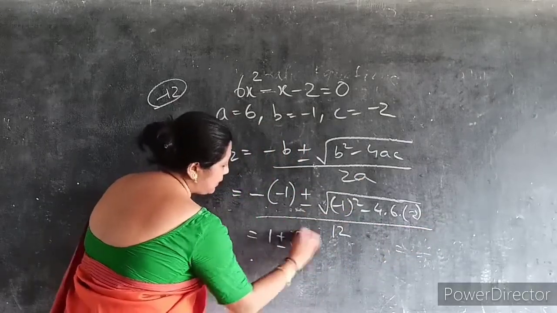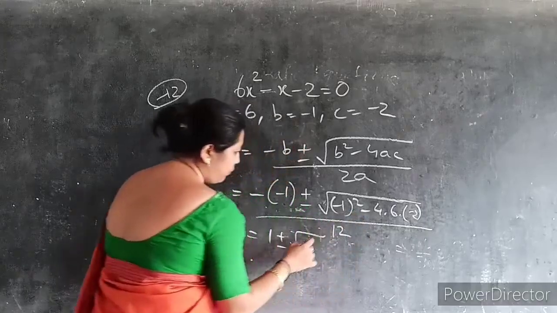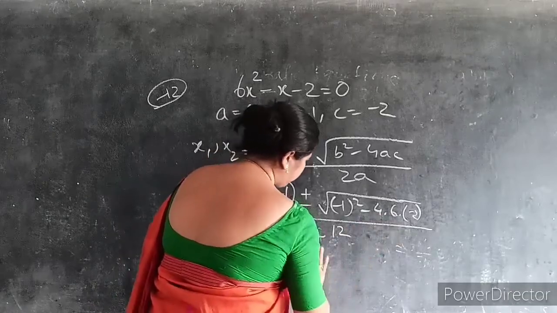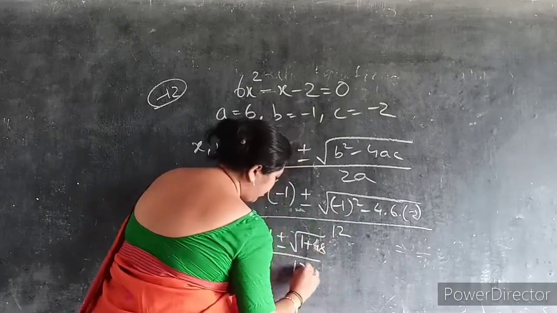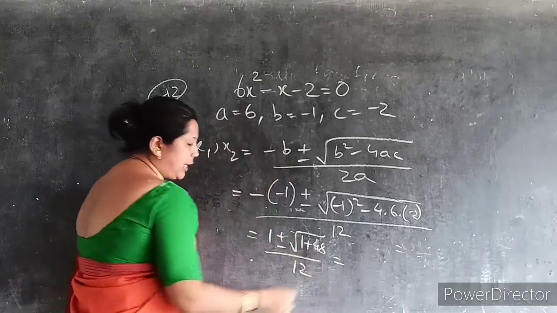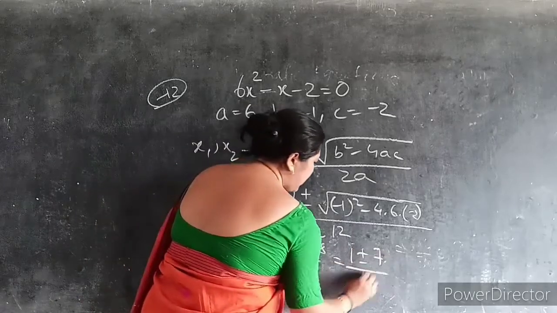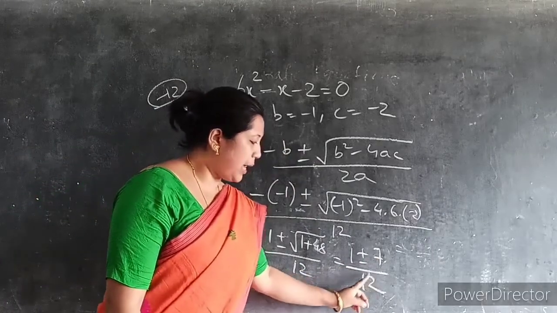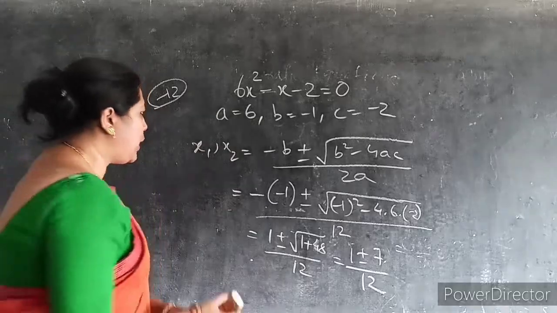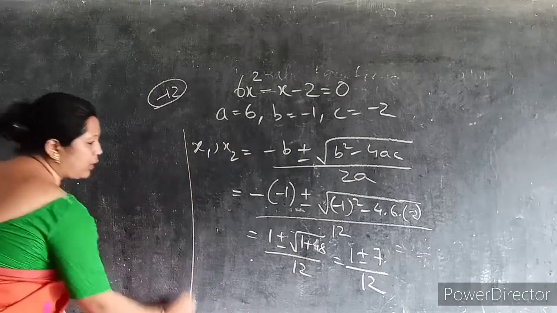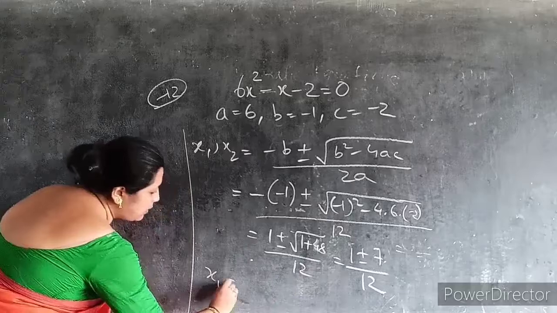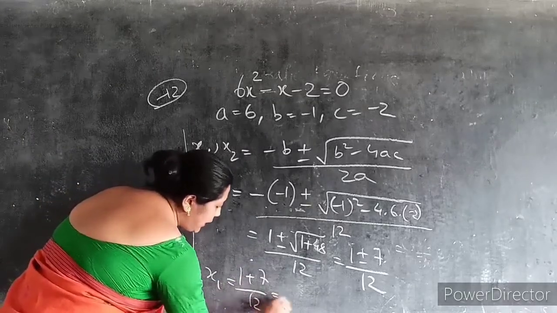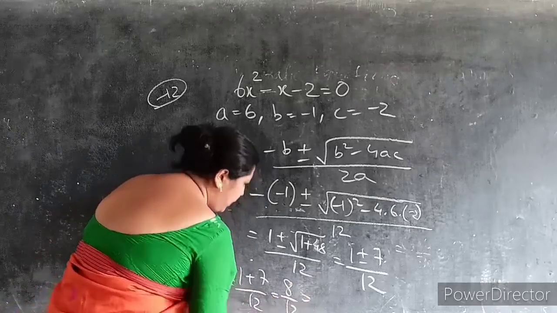So 1 plus minus root of 1 plus 48, divided by 12. That is root 49. What is the square root of 49? That is 7. Now I am writing 1 plus minus 7 by 12. How do you find the roots now? One root x1 will be 1 plus 7 by 12, that is 8 by 12,